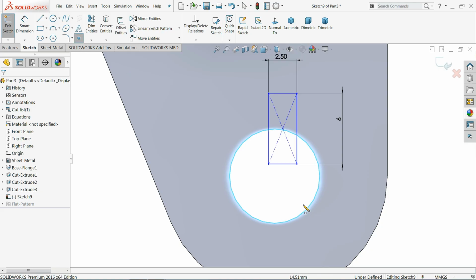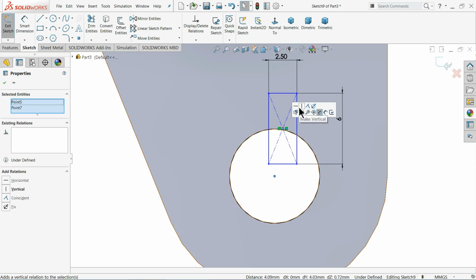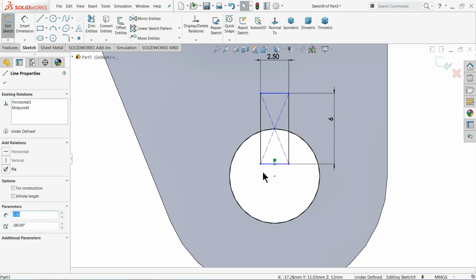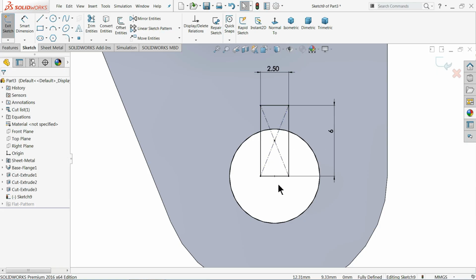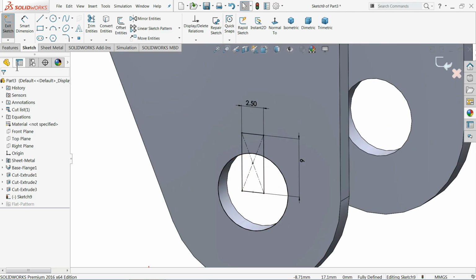Now let me put, actually we need to define. Now select this circle, convert entities. Now here we found circle, so let me choose these two things, vertical, and this, select the line and this point. Now this is fully defined, so we need to cut only this opposite things,